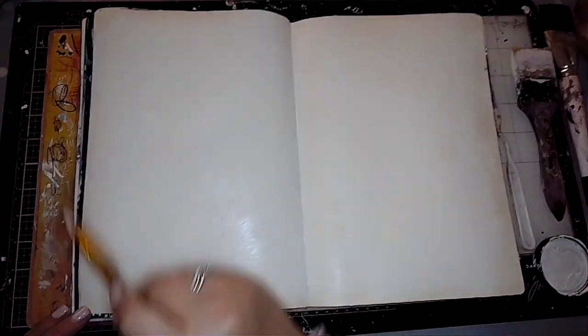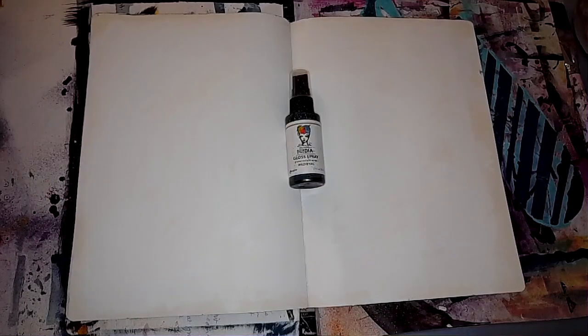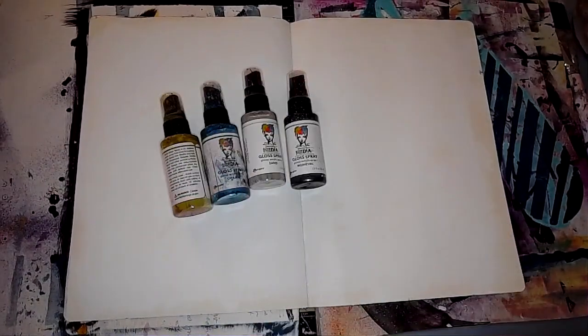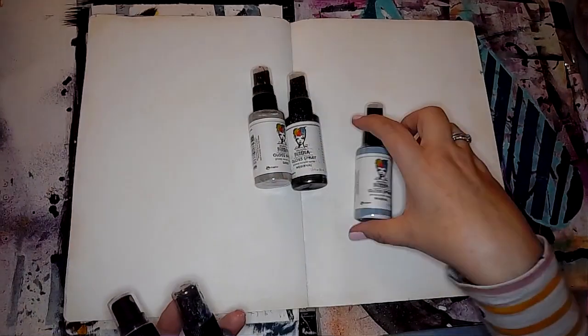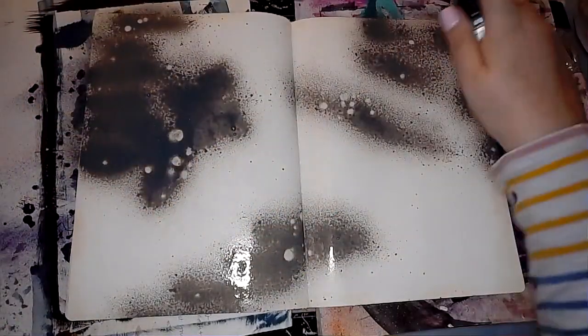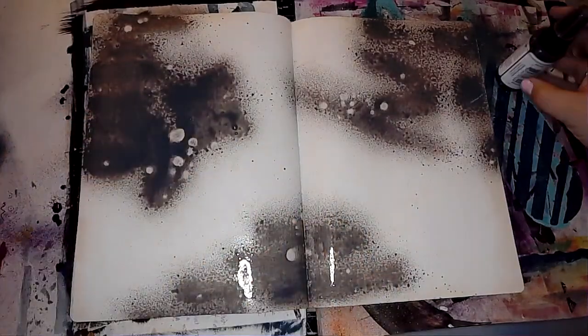So once this was dry, I then knew that I was going to use some gloss sprays on the background for the colour. I'm just working out which colours I wanted to use. It wasn't a rainbow sort of page. I wanted a fairly subdued background. So then I decided I was going to use Medieval and Sand, and added those two colours to the page,